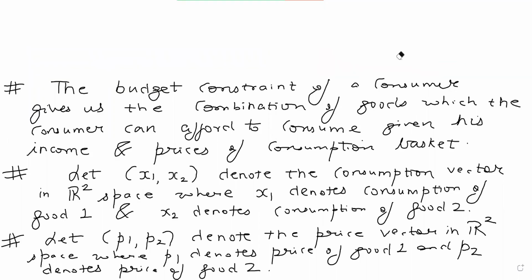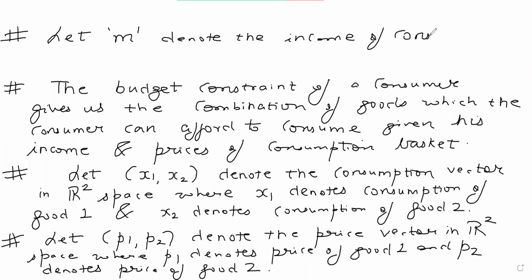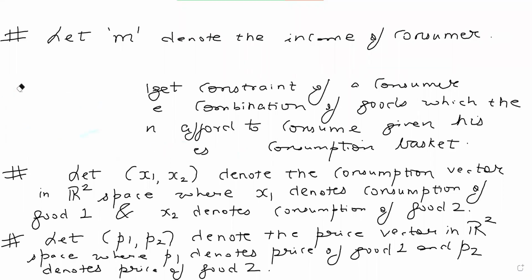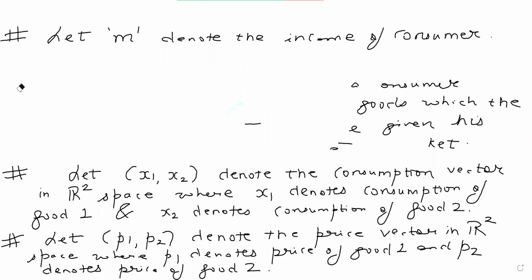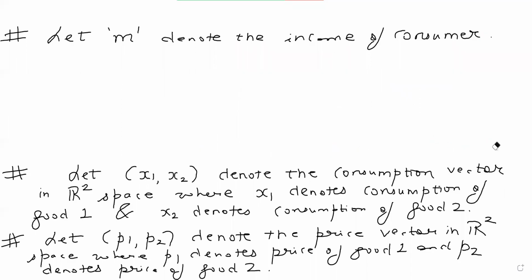On the top, I can write, let M denote the income of the consumer. This income is earned by the consumer in a particular period. Think of it as monthly income. So let M denote the income of the consumer. Then what is the equation of the budget constraint? So I can erase this particular part now. And I am defining the equation of the budget constraint now. Define the budget constraint of the consumer as